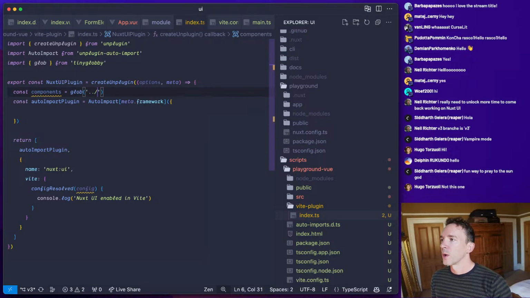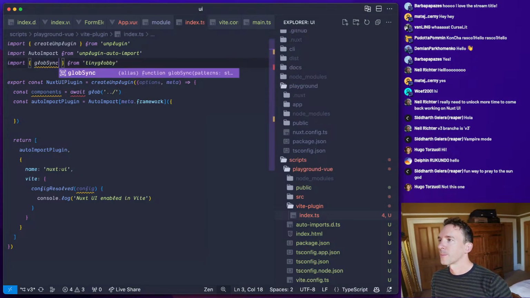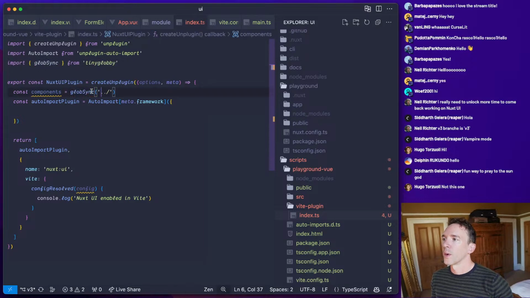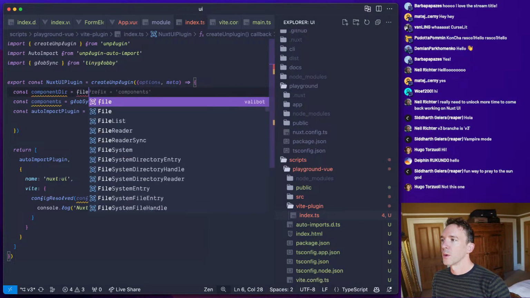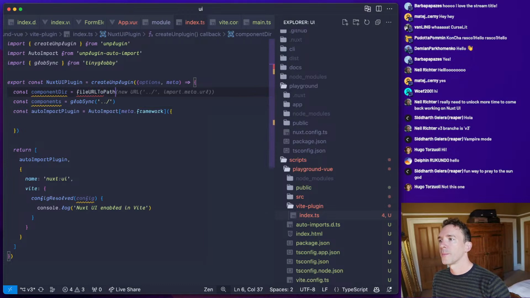So we're going to want to glob. Can I do async? No, we might need globSync. We're going to glob, and we're going to say const component is fileURLToPath, and we'll import that from node.